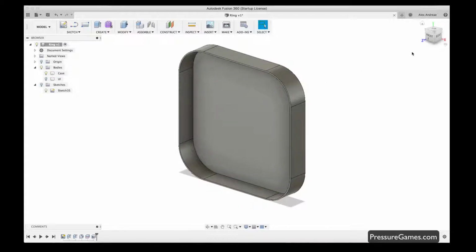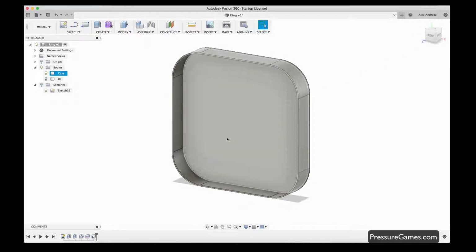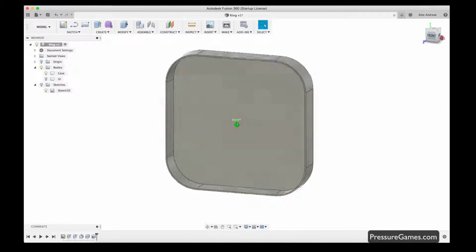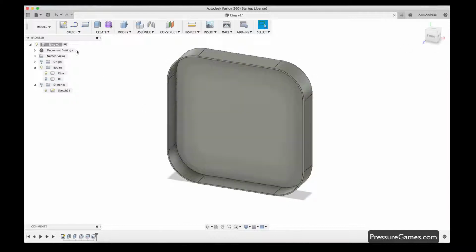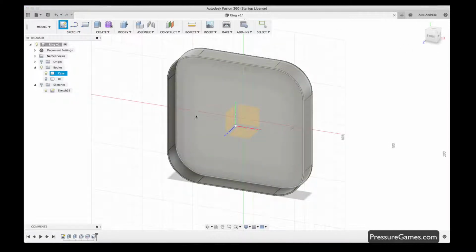Obviously there's a lot more work to be done here when you have mounting screws and the electricals and everything else in here. You need pockets for the batteries. But with these tools right here, everything that we've just discussed, creating sketches, extruding from those sketches and using parameters, you can create more sketches wherever you need. So if we need to